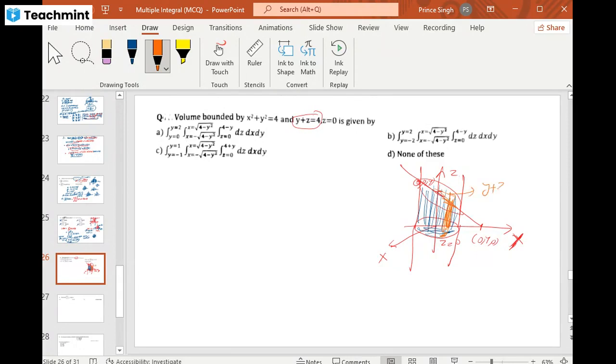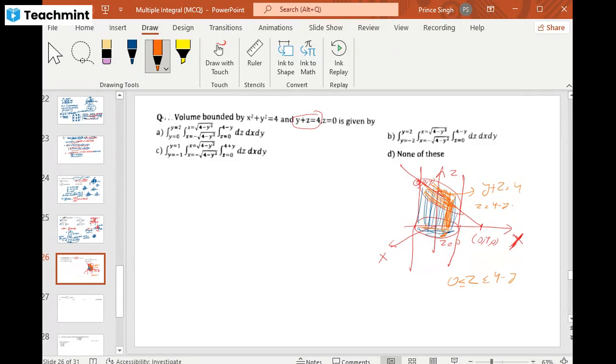y plus z equal to 4. Because as I move toward this side, the value of z starts increasing. So it means the value of z depends upon this plane only. Okay, it is not constant. So what is the value of z along this plane? This is 4 minus y. So according to that, the limit of z varies from 0 to 4 minus y because it has a shape